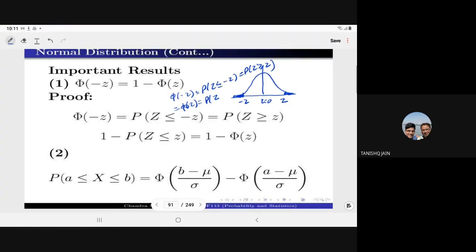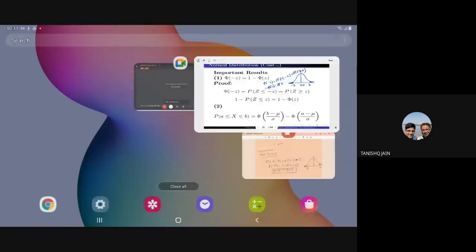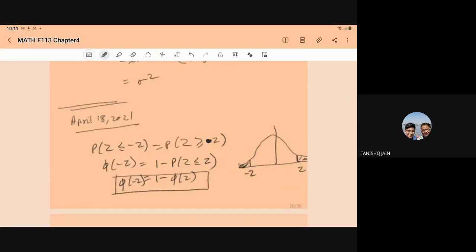Area: if we take z less than minus z, towards the left side, and if we take z greater than positive z, then the area towards the right is covered. If it is minus z, then the area towards the left side, all that is covered. And if we take greater than z positive, then towards the right is covered.